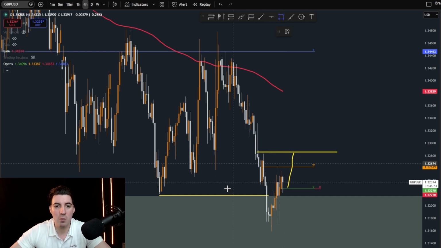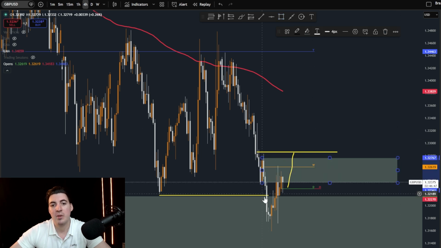We can see that once the price broke market structure here, it has formed another supply zone, which we are currently in at the moment. So I want to see what is happening within the supply zone. If there is a reaction for it to continue into the downside, then I would likely short from this position if we see a breaker structure into the downside. If not, and we see it continue climbing,